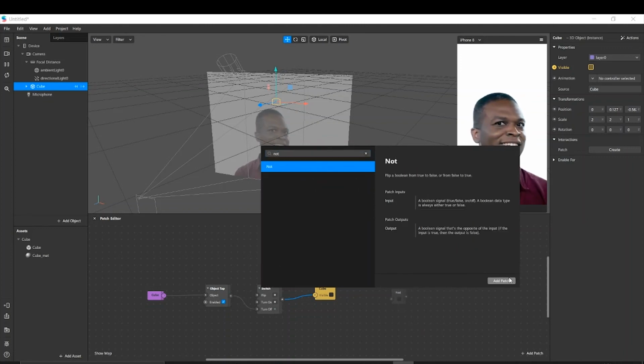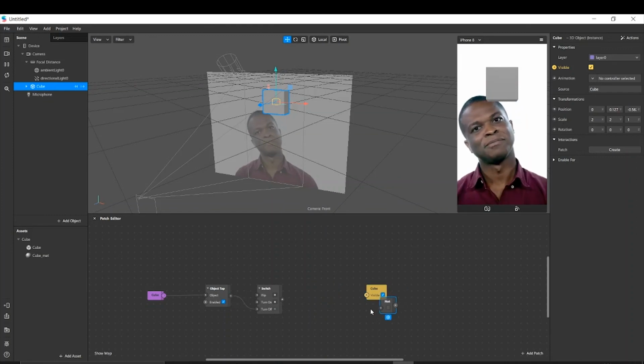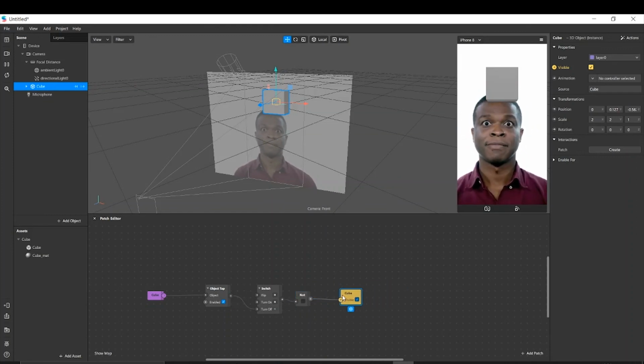A not patch reverses the effect. So we have the cube here, we have a not patch here, we connect the not patch. Now see, it's visible. We tap the screen, turn off flip, yes, and it's not visible. There was an error here. I had connected the switch to turn off. So that's how it works.